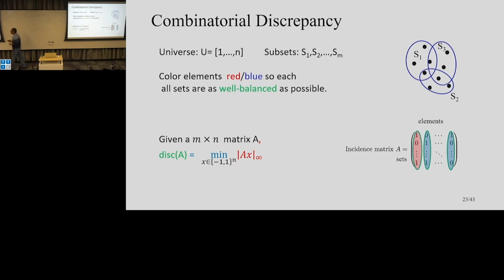So let's make sure we parse this definition, right? If I'm taking a +1, -1 vector x and multiplying by a matrix, I'm kind of multiplying each column by +1 or -1 and adding them. So each entry of my product, if I had equal numbers of +1s and -1s, will be 0, otherwise it will be the imbalance. So this quantity is measuring the maximum imbalance of your set, and you want to find the best coloring.